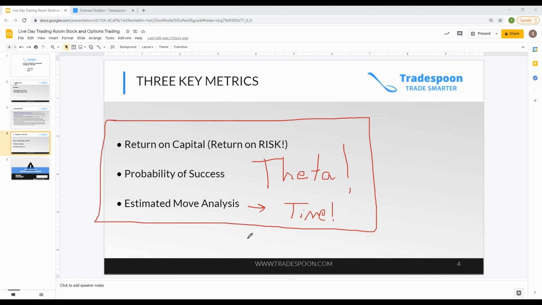If you know you're right 55 to 60% of the time, you might be working off 1 to 1.5 to 1 reward to risk ratios. If you know you're right between 40 and 50% of the time, you're working for 2, 2.5 to 1. If you're only right 30 to 35% of the time, you're working off of 3 to 1s, 3.5 to 1s. They've got to be there. You've got to be able to knock it big when you're right to offset your losses. Any of these systems can work. Every trader's a little different.